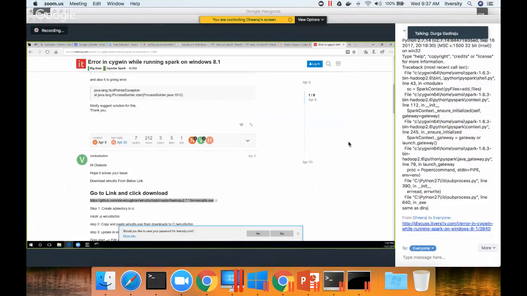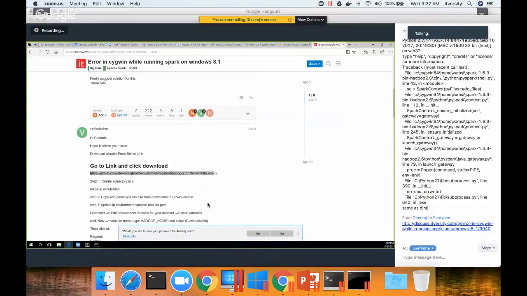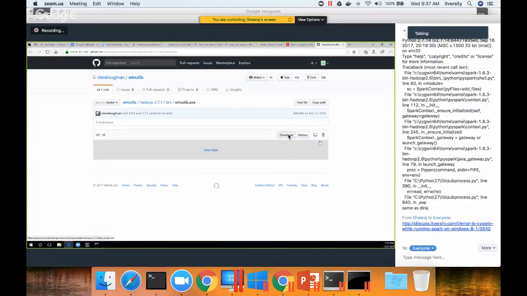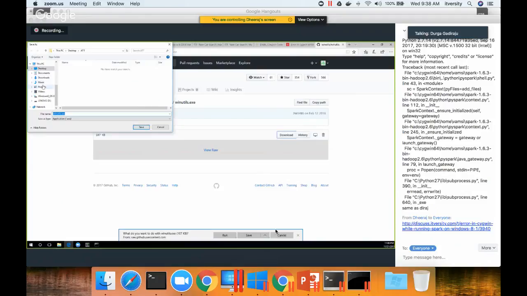Now everyone has to first download this file, winutils.exe. Click on download. First follow what I'm trying to explain, and then you do it. And if you still have any issues, I will explain later. Yeah, save as. Click on save as. In the C drive,